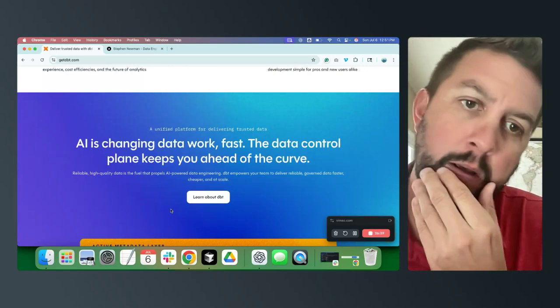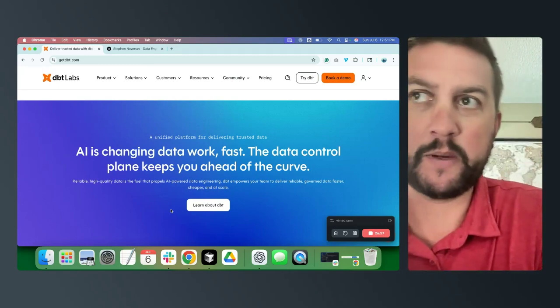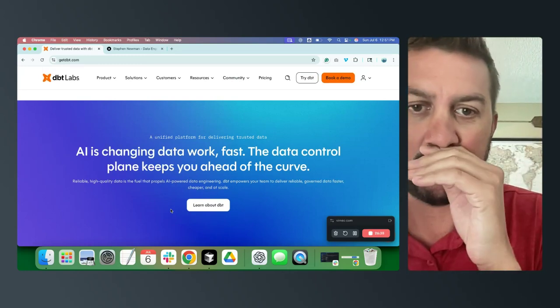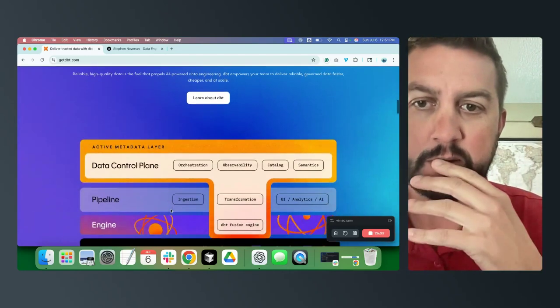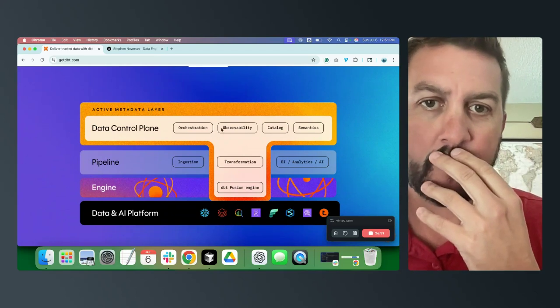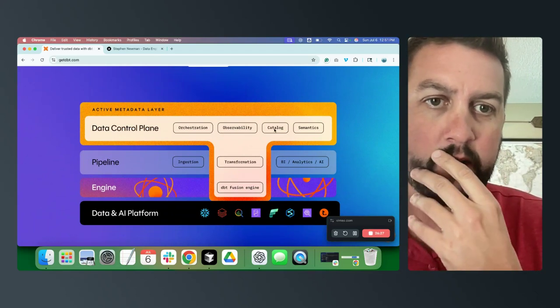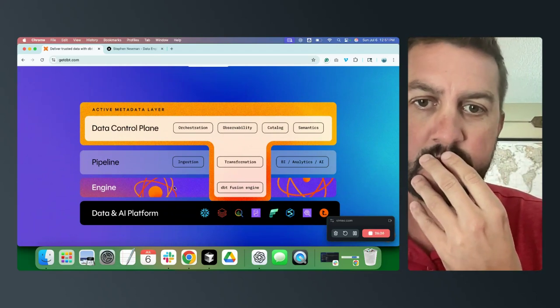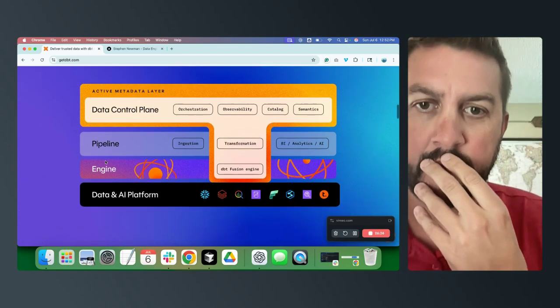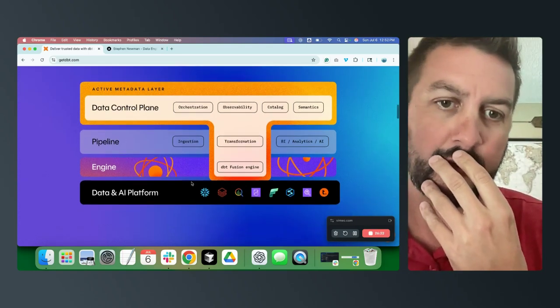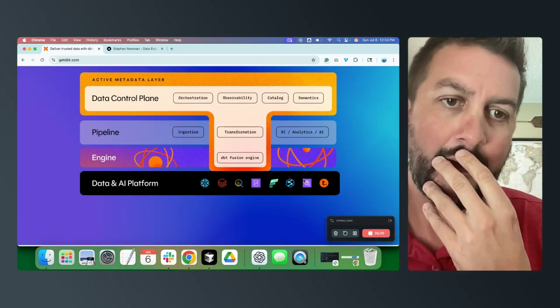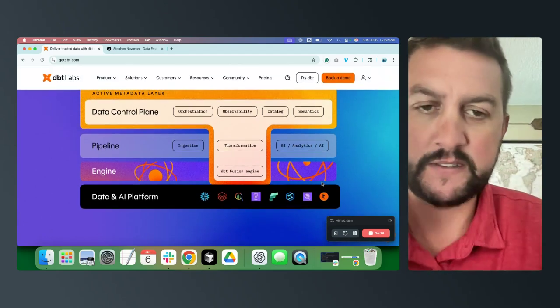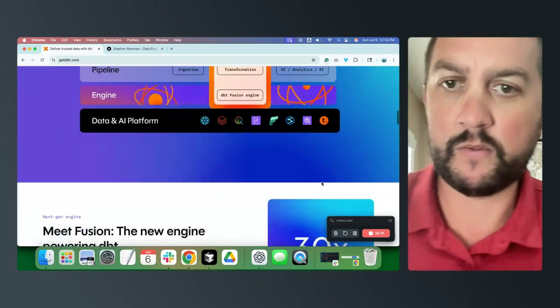So now you're switching from customer to this is more about pure net new, I would assume. Data control plane, orchestration, observability, catalog, semantics, transformation, fusion engine. Okay, cool. This looks like it's clickable and it's not. You could build this to be clickable in like 30 minutes.